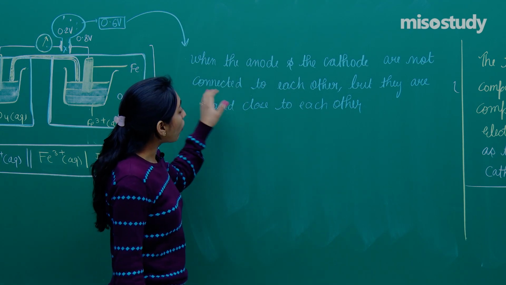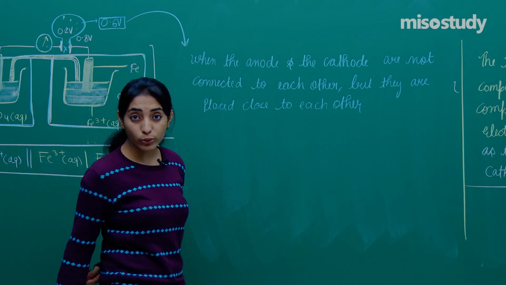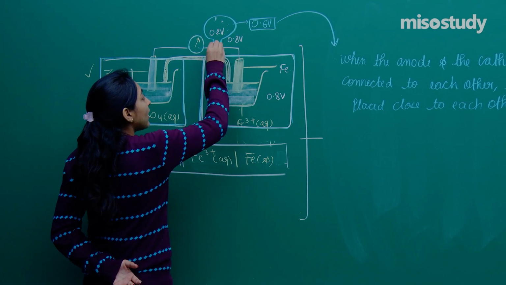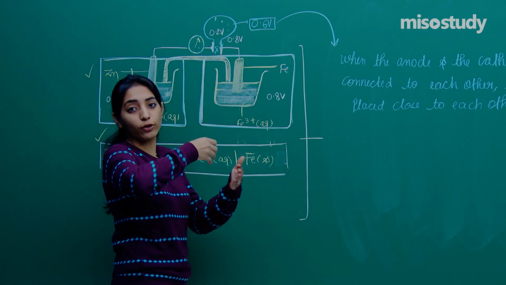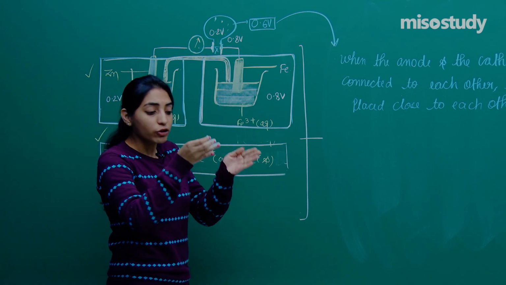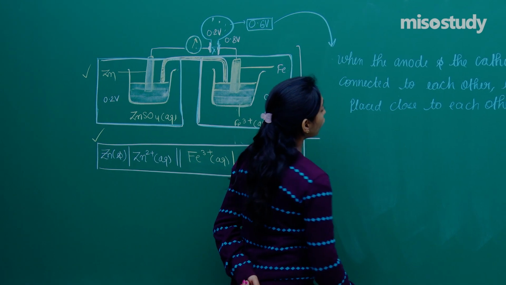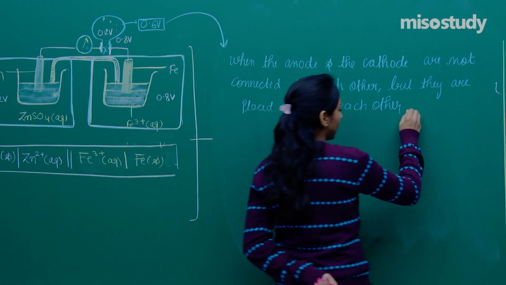So I am saying when the anode and cathode are not connected to each other but they are placed close to each other, what do I mean by this statement? I am saying that yes, you have connected them with wires, but then you didn't connect the two wires. You are just trying to measure the potential difference. So when the anode and cathode are not connected to each other but they are just placed close to each other,